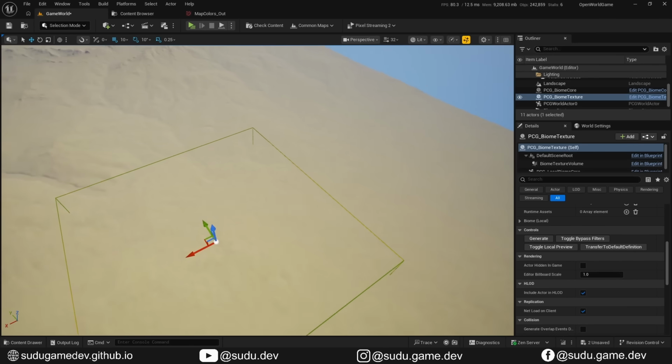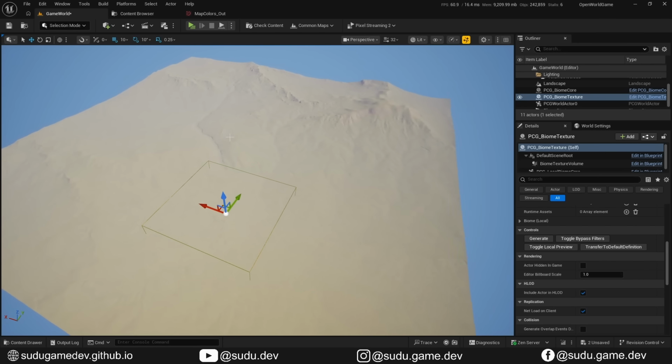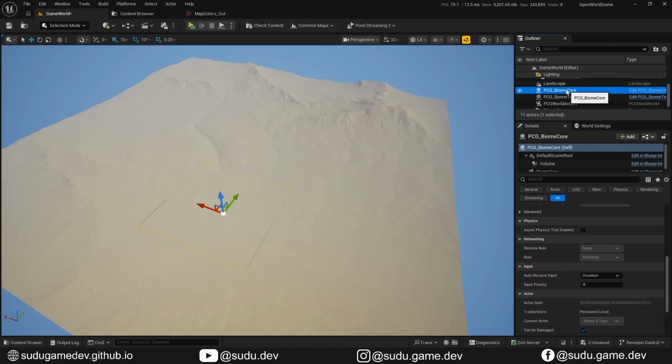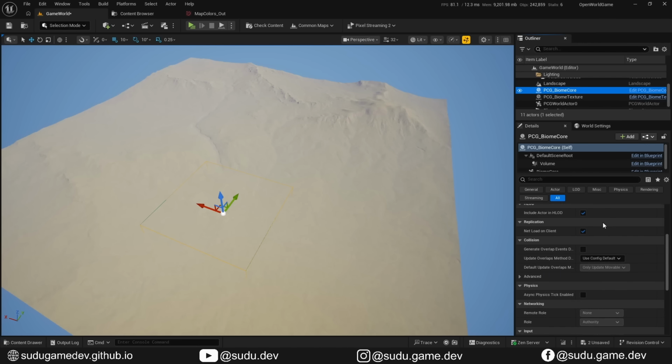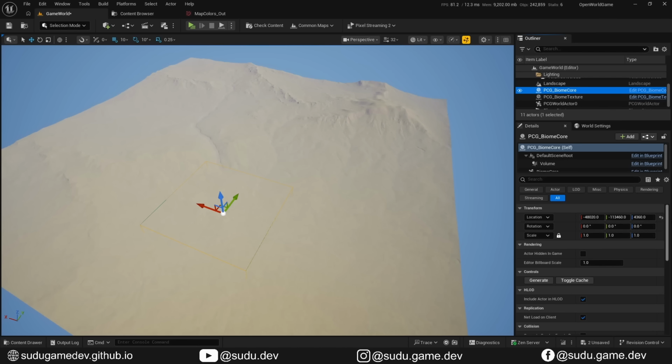The first thing is we need this volume here to cover all the landscape. So let's do that. So for the BiomeCore first, here in the location, let's make it 0, 0, 0. So in the center of the map,